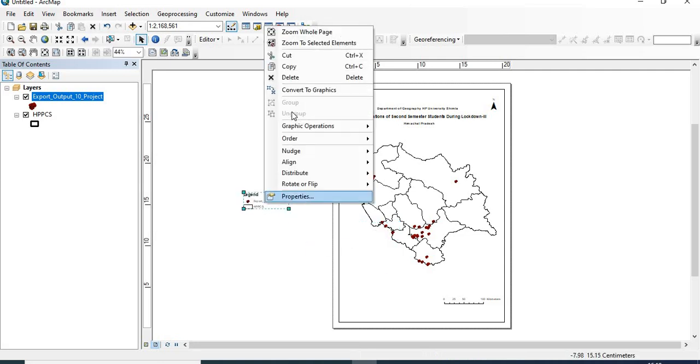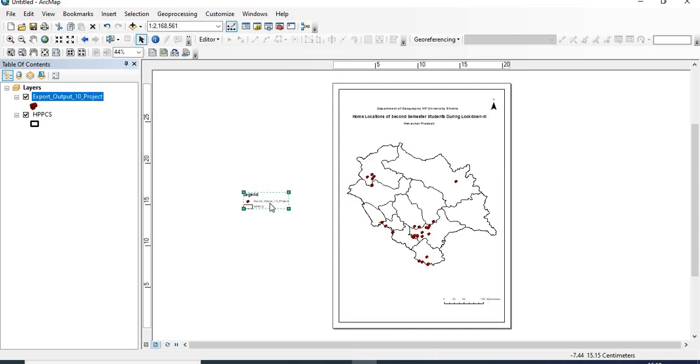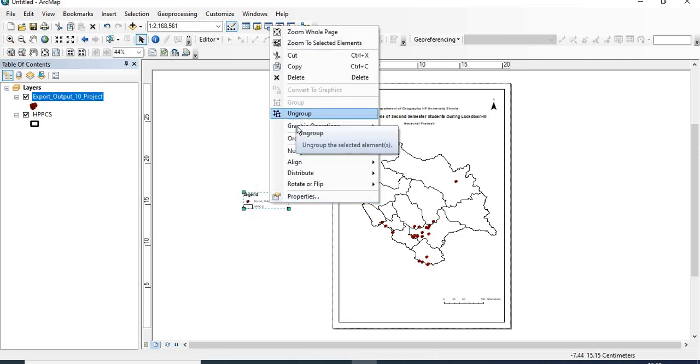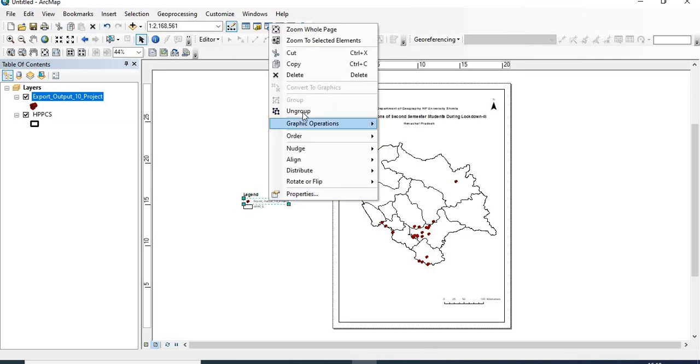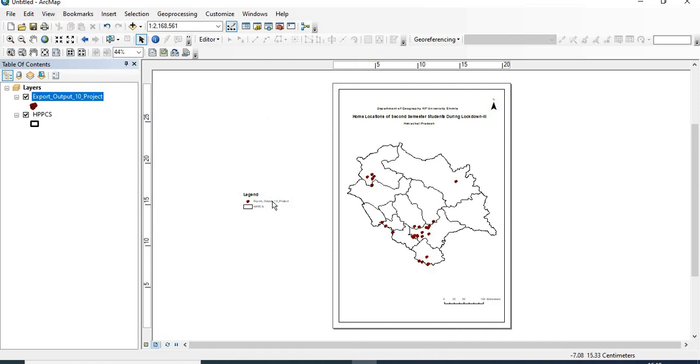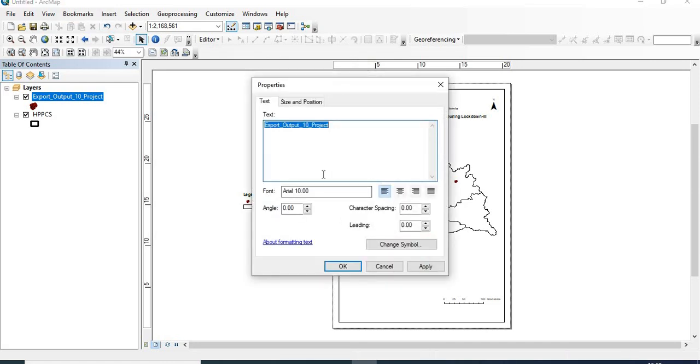So right click and convert to graphics, and again right click, ungroup it, and again ungroup it, and this is, for example, home location.